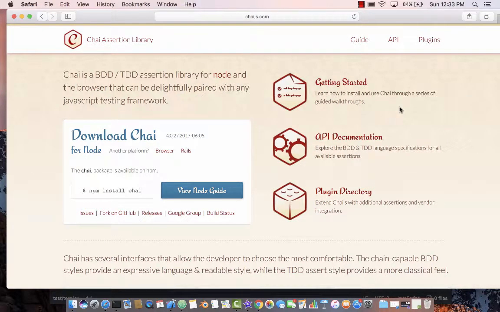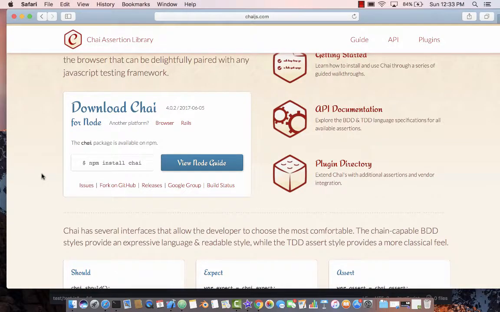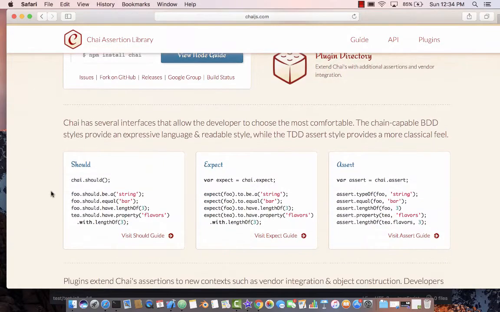In this lecture, we're going to cover the Chai Assertion Library. Chai is basically a behavior-driven development or test-driven development assertion library for Node and the browser. This means that you can write more fluent code. I mean, you can still use Mocha and the syntax that is provided by Mocha, but you will see that